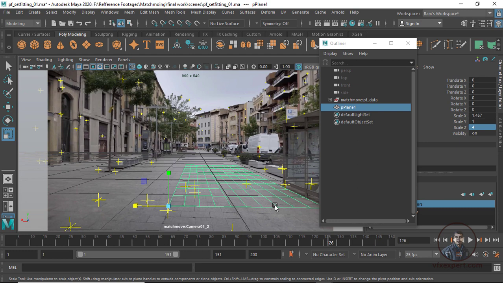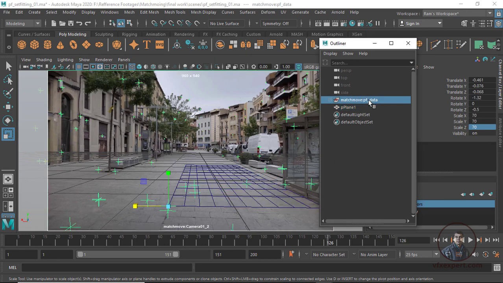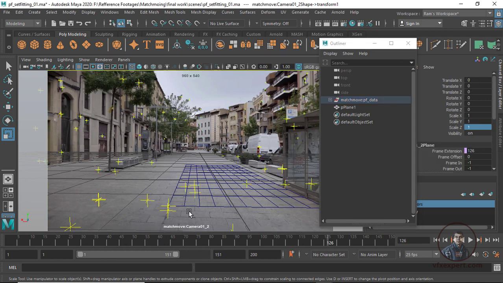So if you want to orient your scene, simply you have to rotate our scene group. Okay, so this is important for orientation. Okay, now till here we have successfully oriented our scene, and also we have successfully adjusted our scene scale.